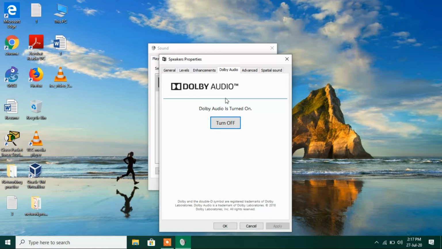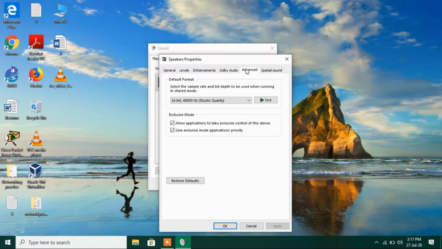Then going to the next tab, make sure that Dolby Audio is turned on. Then in the Advanced tab, if this option 24-bit 48,000 Hz is not working, then select the 24-bit 44,100 option and click on the Test button to test it out.